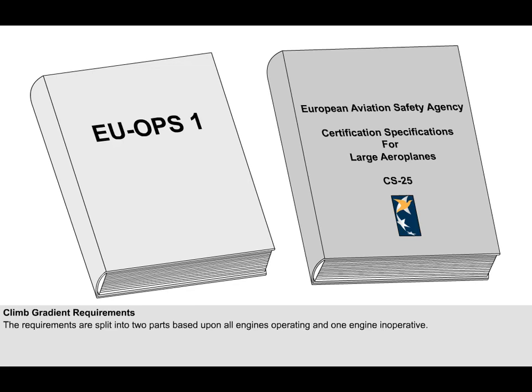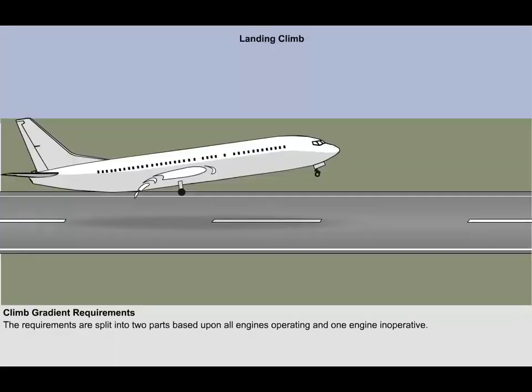Assimilating both these documents allows the landing climb gradient requirements to be split into two parts. The two parts are based on either all engines operating or with one engine inoperative. The all engines operating landing climb requirement is sometimes called the landing climb. This requirement is intended to guarantee adequate performance to arrest the descent and allow a go-around from the final stage